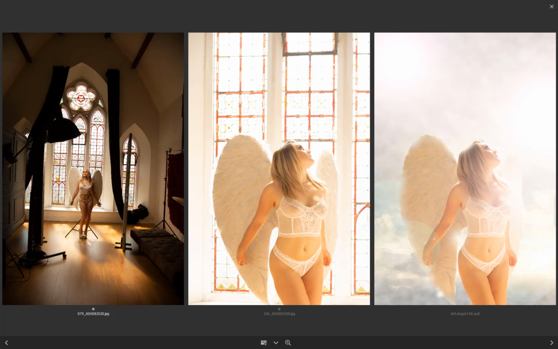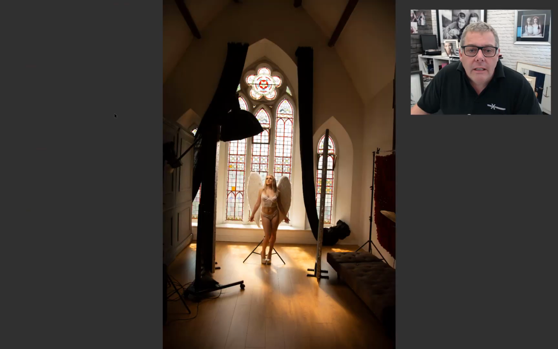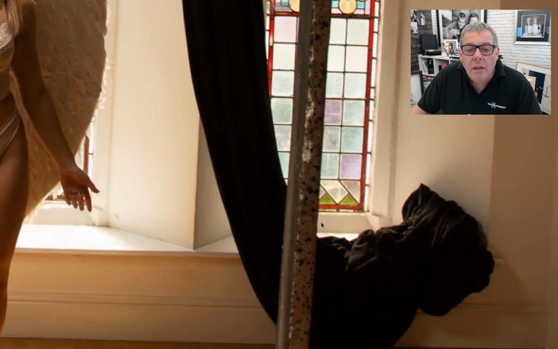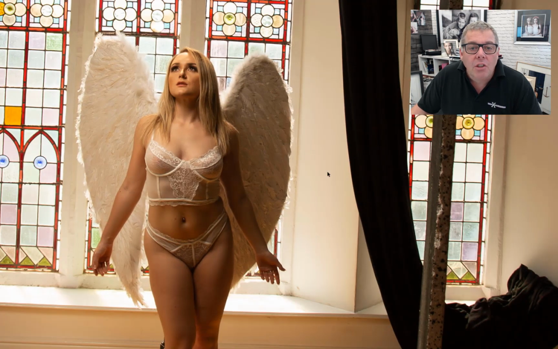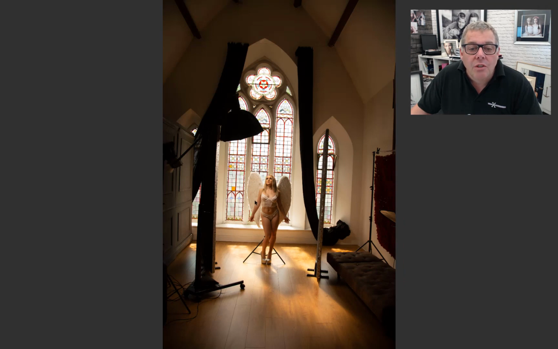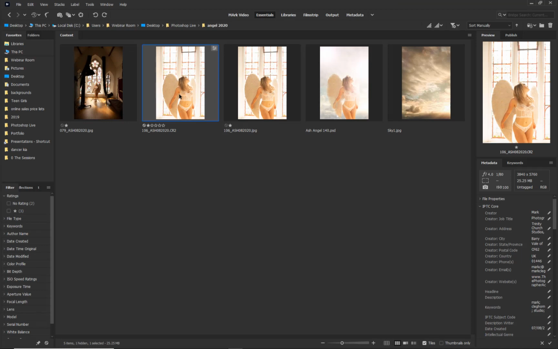So first things first, even though we're seeing the studio flash here actually in position, let's just escape out of this a minute and go closer. Even though you can see the studio, we've got a small octa up in the boom arm here. In fact, the image we're going to be working on is daylight based alone, and as you might be able to see, we've got these reflector panels on each side, and they're going to be pushed in very, very close towards the model, who's Ashley for the day. And then we're using the natural light coming through from the window itself to actually have all the light itself. Okay, so let's grab the raw file, let's open it into raw,